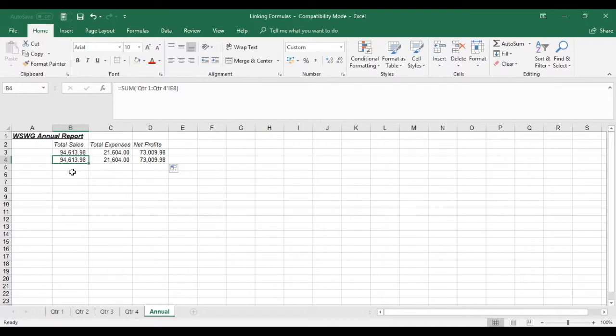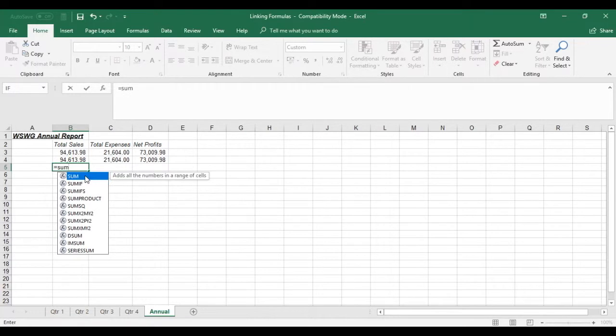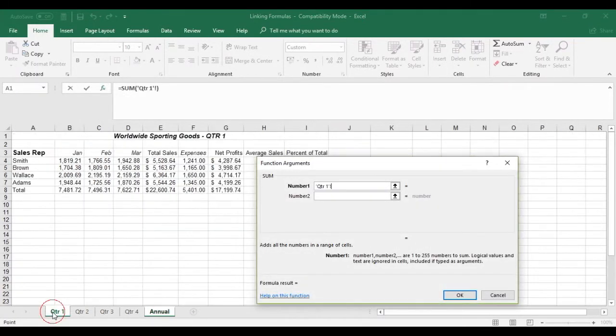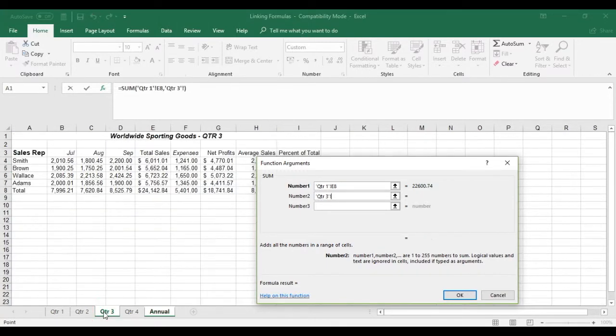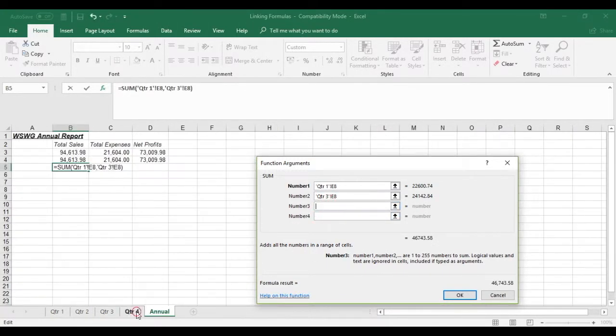Now some people might say, what happens if I want to add up only E8 from quarter 1, quarter 3, and quarter 4 using the sum function? Easily done. Sum function, I'm just going to show you the test of this. So quarter 1, E8, click on the next number, then come down to quarter 3, E8, next one down, quarter 4,